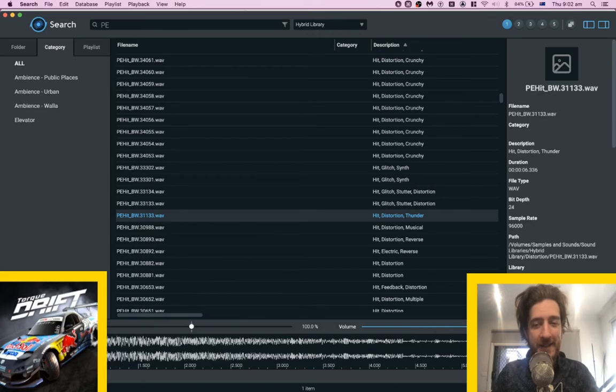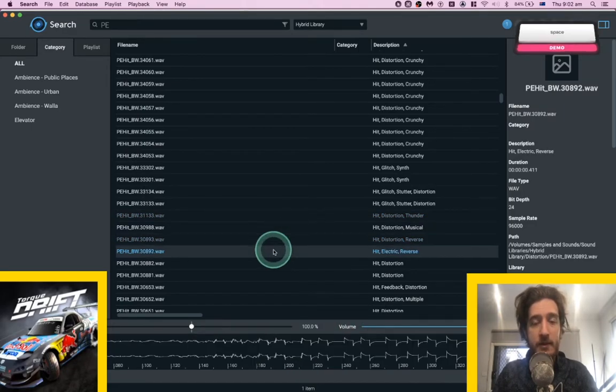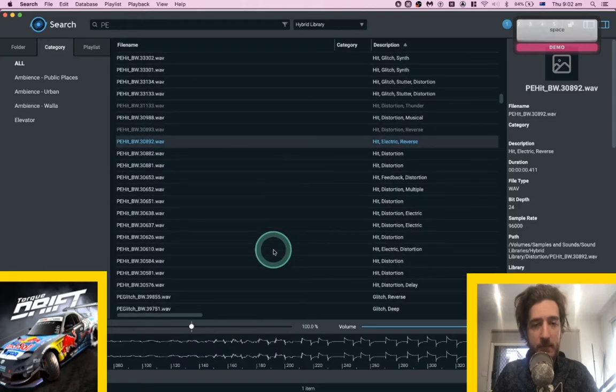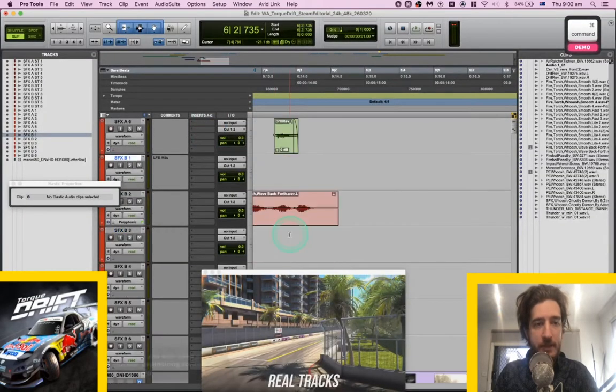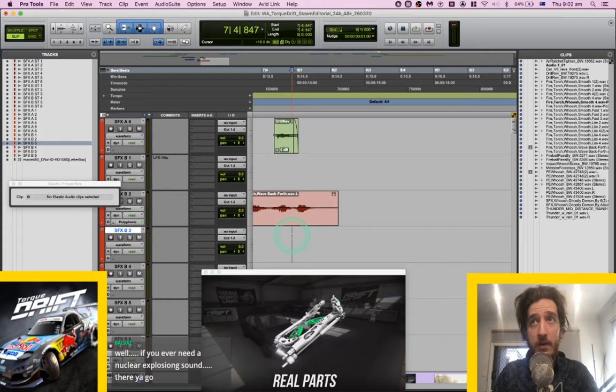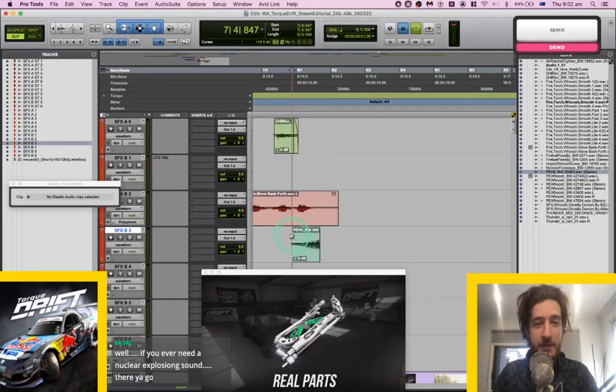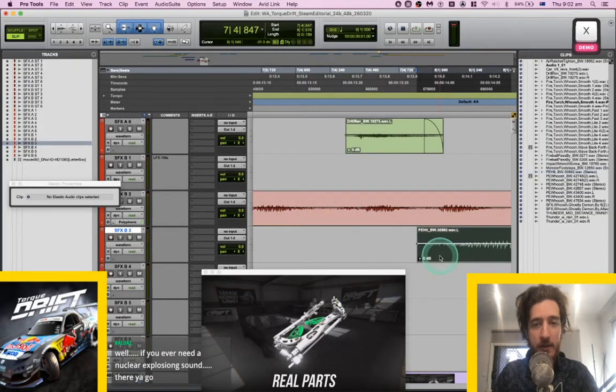I wonder what that is. Has this massive... I don't know why. I think that's pretty cool. Let's get some... Yeah, if I ever need a nuclear explosion sound, it'll be right there.